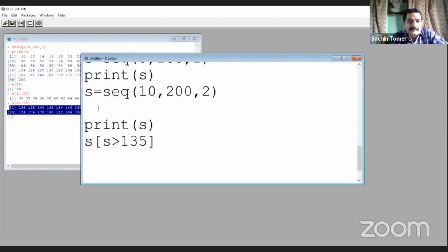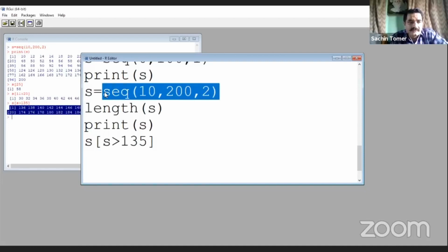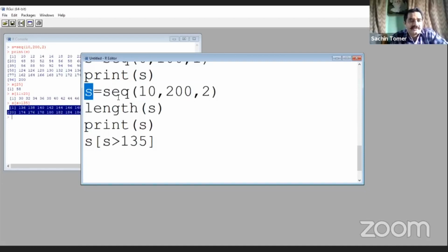There is a command for that, which is length, length(s), because all these values are stored in s. So we are trying to check the length of s. Length of s means how many observations exist in s.